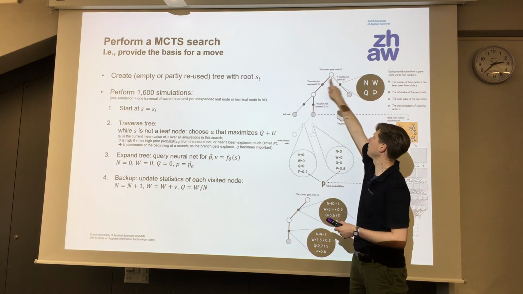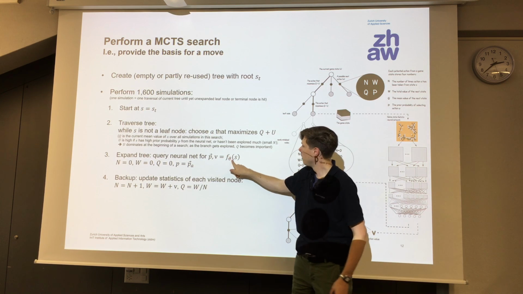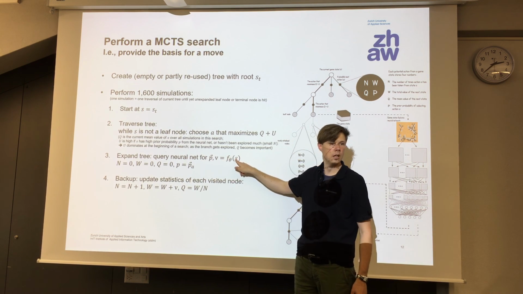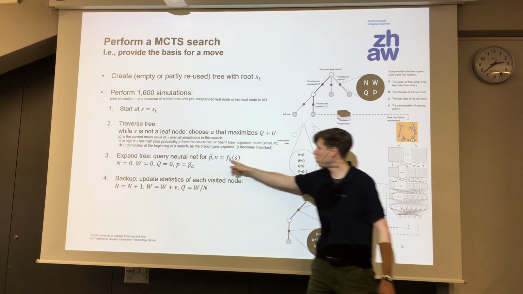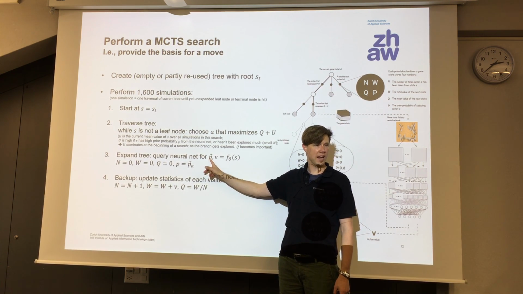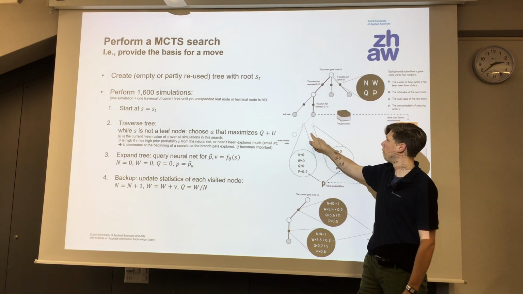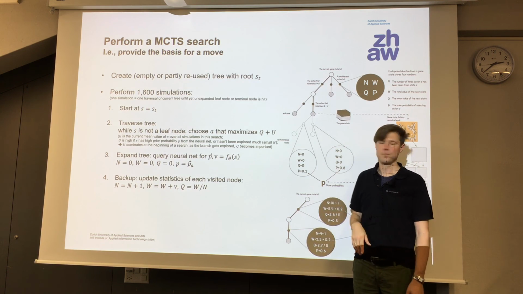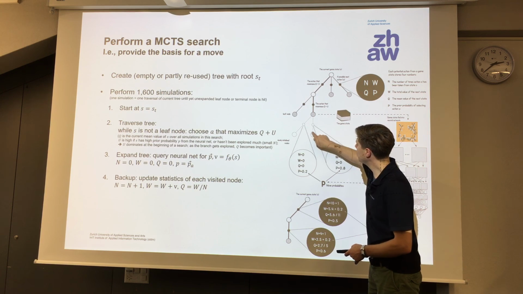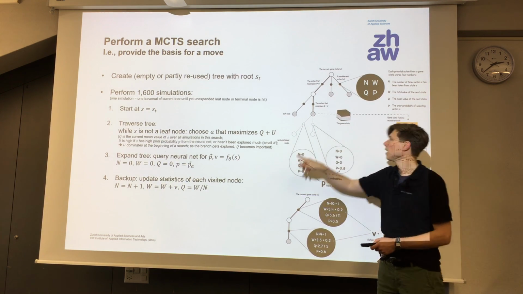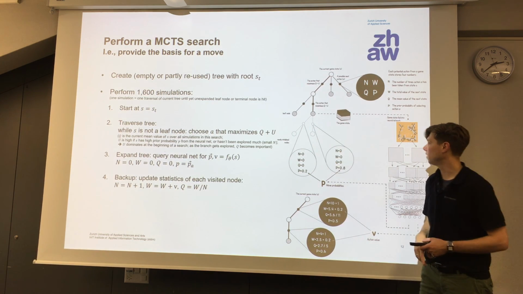And this is how all the other nodes came into existence as well. What do we do with the neural network? The neural network takes in the current state, this thing. And it outputs the probability of all actions, the prior probability of all actions, and the probability of winning from the next state. So we will take these numbers, and with these, for every possible action, we will create these nodes and create these initial statistics.